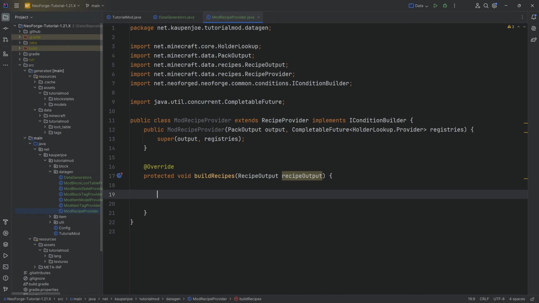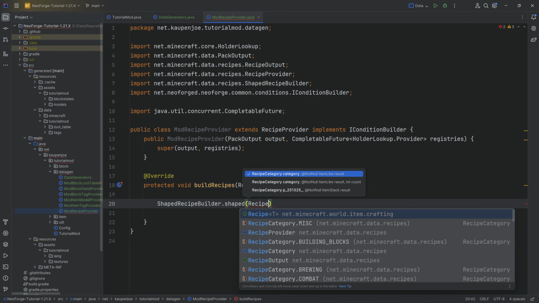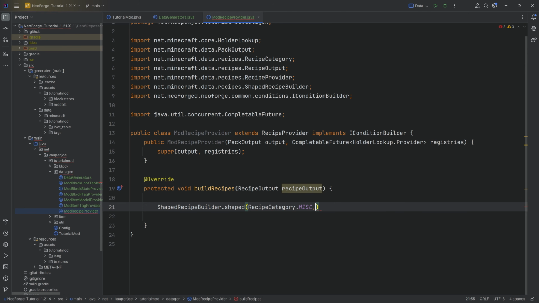So I'm going to show you a shaped recipe. I'm going to show you a shapeless recipe. I'm going to show you a second shapeless recipe and some ore smelting and ore blasting, for which we'll sadly need some custom helper methods, but we'll see. First of all, the shaped stuff. So ShapedRecipeBuilder.shaped, passing in the recipe category, let's say miscellaneous,